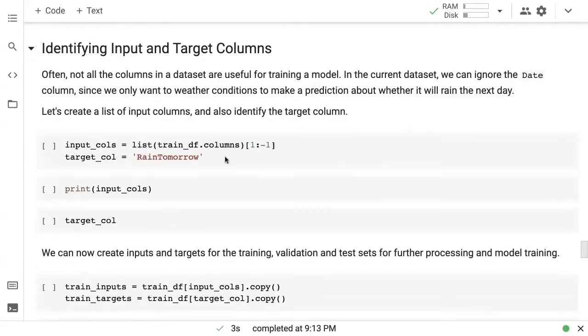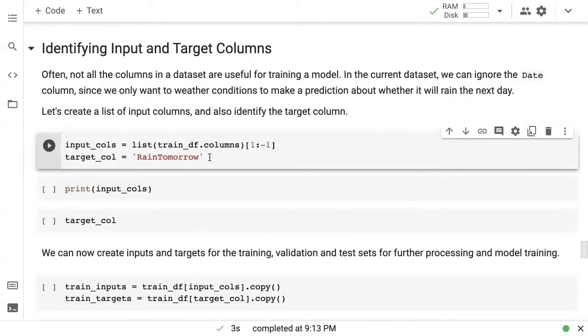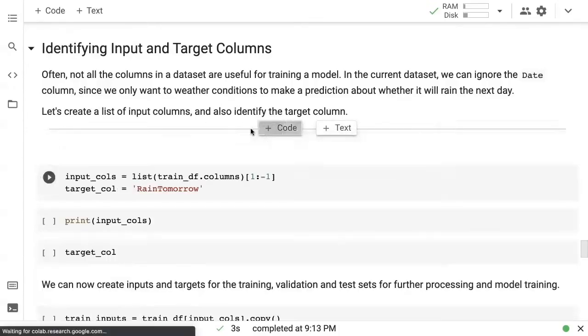So the next best practice or next step in a machine learning problem is to identify the input and target columns. And often this is something that people tend to mess up as well, just in the hurry to get to the modeling process. So not all columns in a dataset are useful for training a model. In fact, in the current dataset, if we look at raw df,